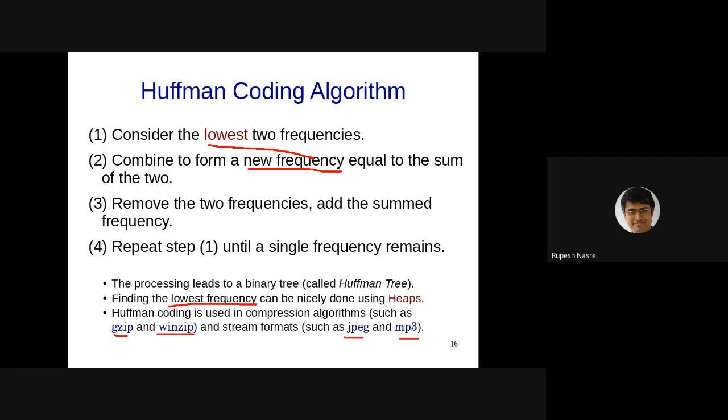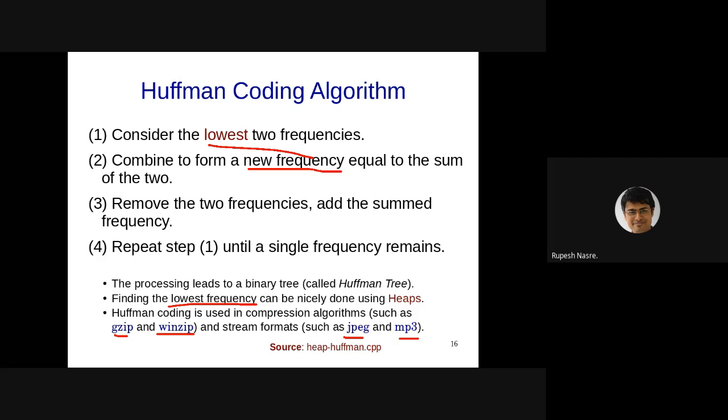All right. Any questions so far? Okay, so then I'm going to ask you to build the heap, I'm going to give you some numbers, before we look at the Huffman codes. Let me see how much time I have: 12 minutes. Okay, so I'll be able to do it.